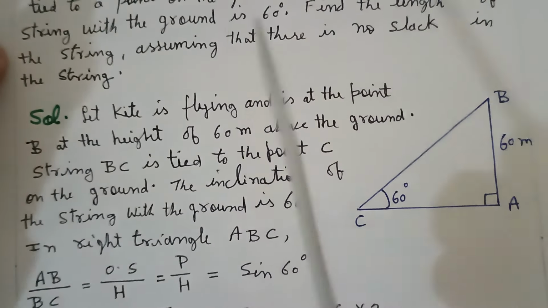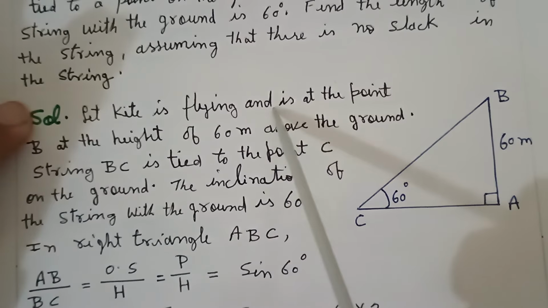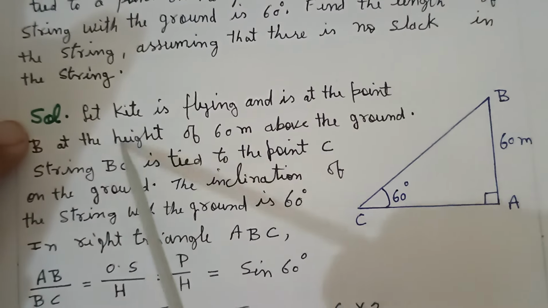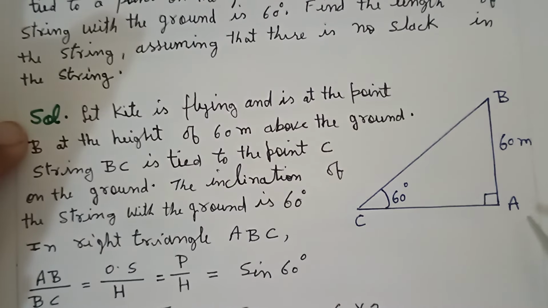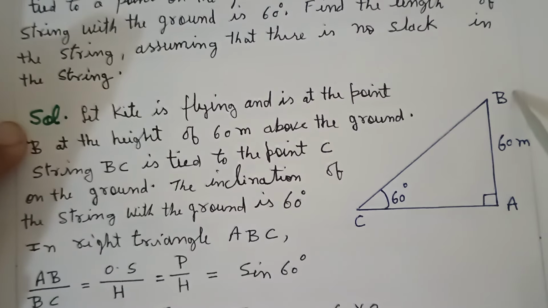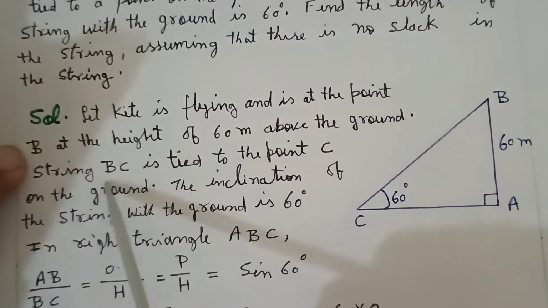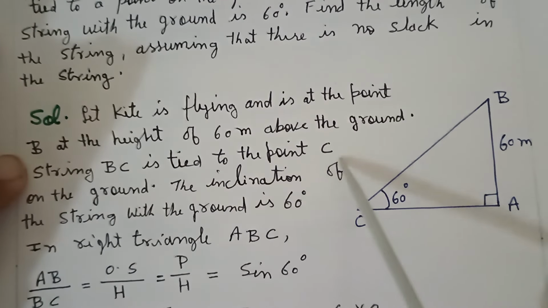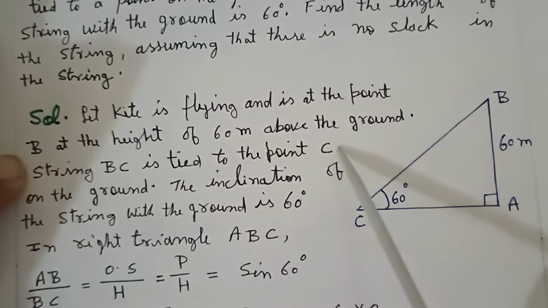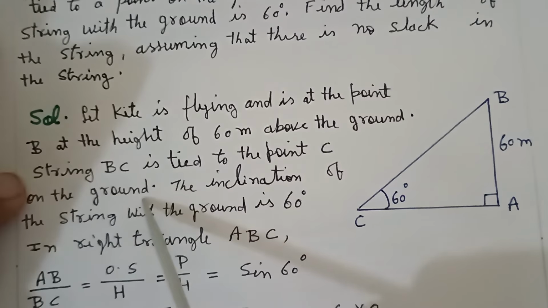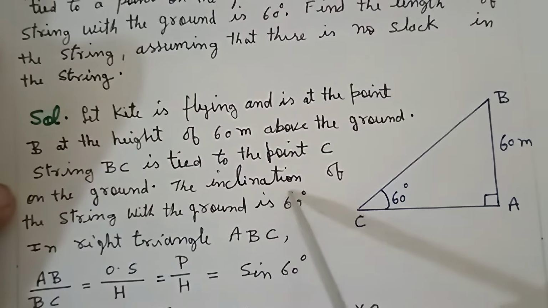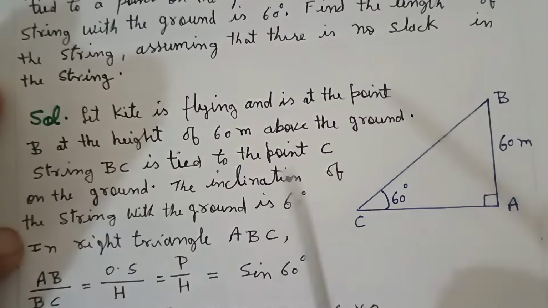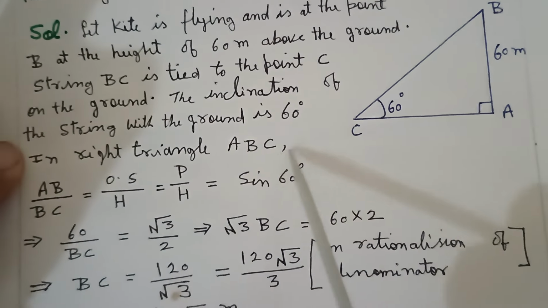So solution, let kite is flying and is at the point B, ये इस पॉइंट पर है, at the height of 60 meter, ग्राउंड से 60 मीटर की ऊंचाई पर है, above the ground. String BC is tied, ये स्ट्रिंग है BC, is tied to the point C, ग्राउंड पर C पॉइंट से इसको टाइड किया हुआ है on the ground. The inclination of the string with the ground is 60 degree. In right triangle ABC,